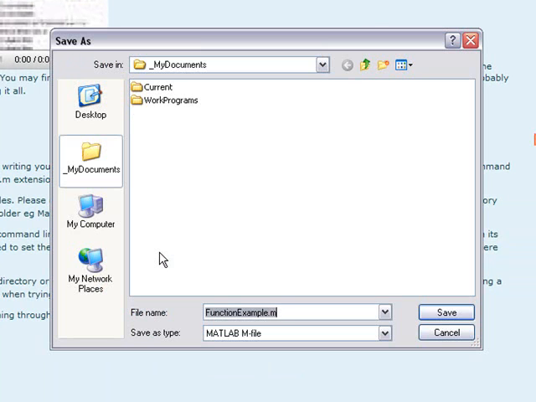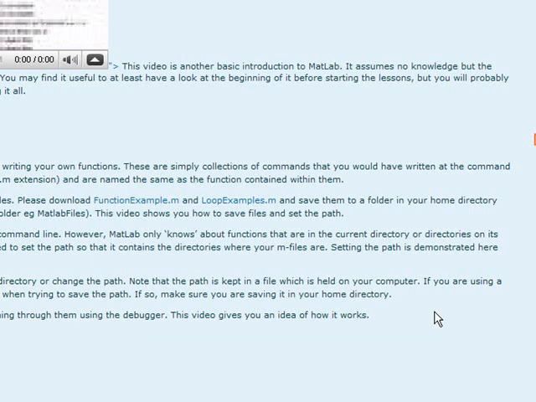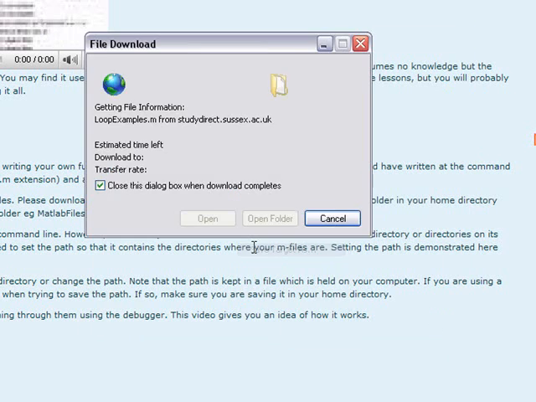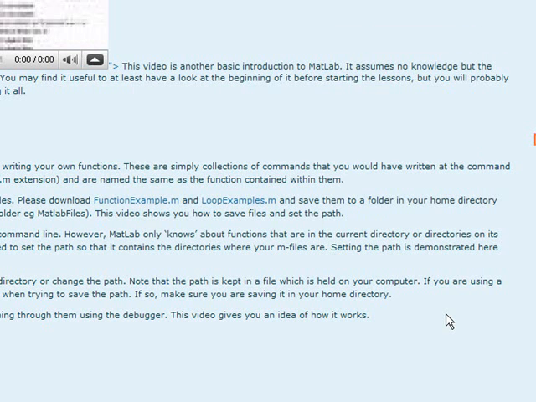Now, it's good practice to set up a folder to have all your files in. So I'm going to create a new folder, which I'm going to call Matlab files, and I'm going to save my files into this. I first save function example, and I will now save loop example. I right click it, save the target as that, and save it in there. Okay, so when I now go to Matlab,